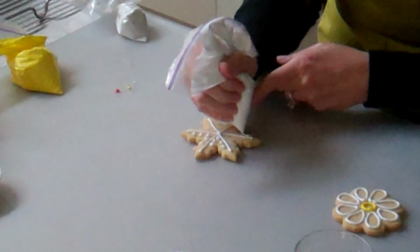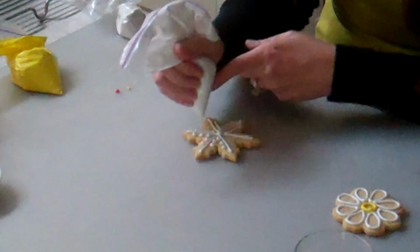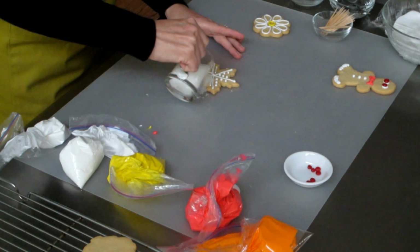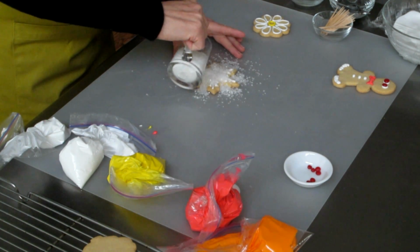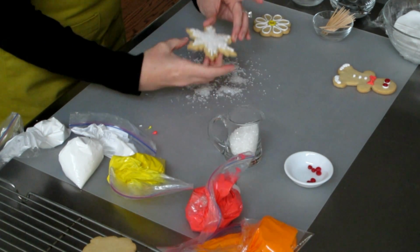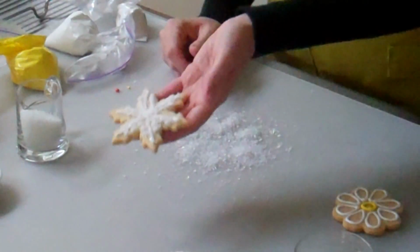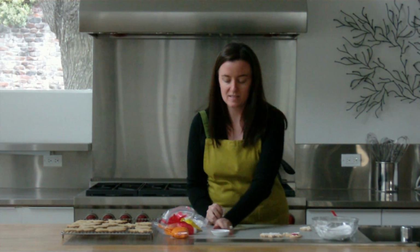Maybe I'll do some lines down here. And then I take this kind of sanding sugar, and while the icing's still wet, I'm just going to sprinkle it over, and you can get pretty liberal with this because you want it to stick to the icing. And then just shake it a little bit and eventually shake off the excess. And what you're left with is a beautiful sparkly little snowflake that will look great on a platter. And then you can just kind of brush up your excess sanding sugar and put it to the side